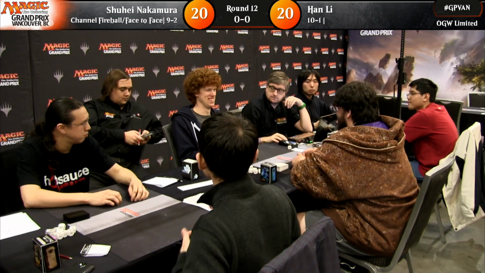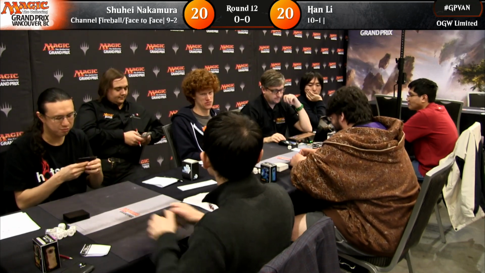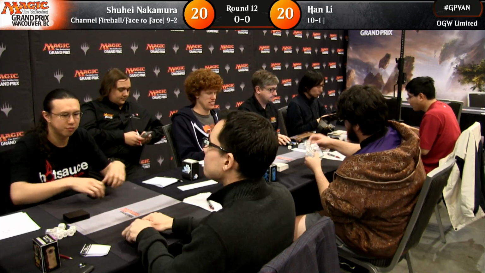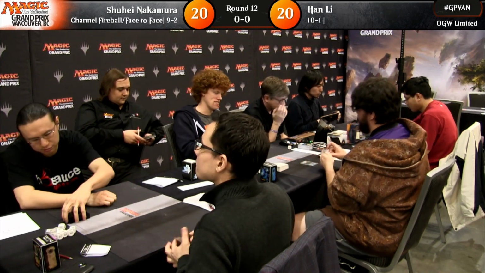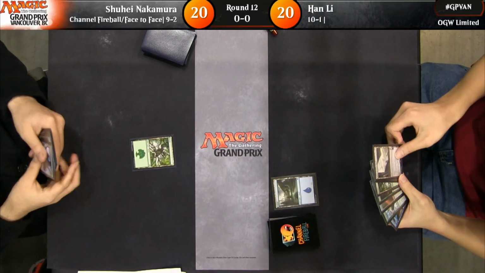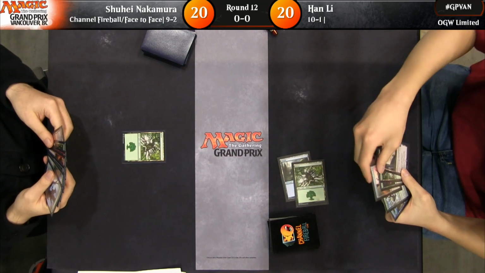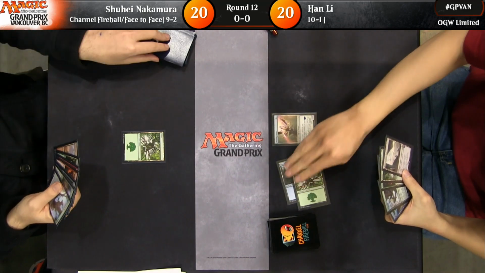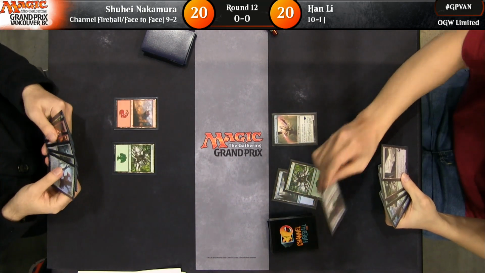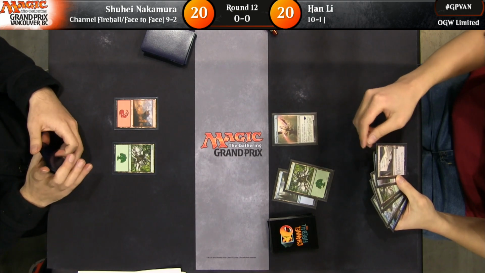Hello everyone, welcome to the feature match area for the last round of Swiss action here on the first draft of day 2. We've got Shuhei Nakamura on the far side, the left-hand side of your screen as you look now, against Hanley. Shuhei, 9-2 now. He came into the draft at 8-1, so he's 1-1 here. Hanley, meanwhile, was 9-0, so he's also 1-1, but has a record above Shuhei's right now because you can only